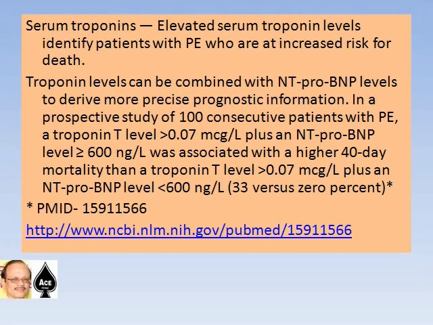liter plus an NT-proBNP level equal to or more than 600 nanogram per liter was associated with a higher 40-day mortality than a troponin T level of more than 0.07 microgram per liter plus an NT-proBNP level less than 600